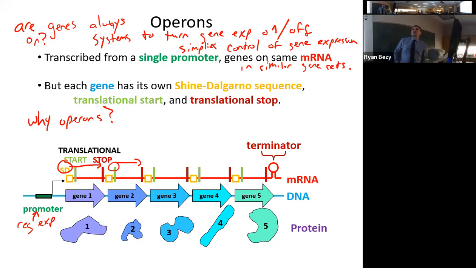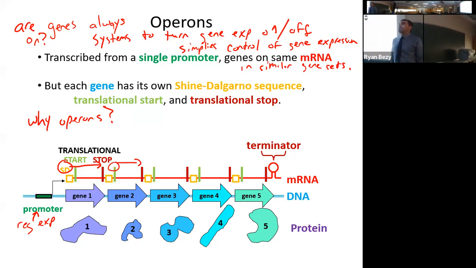In eukaryotes, you have to turn the genes on and off individually. Part of the problem with eukaryotes is they don't have the same promoter sequences that prokaryotes do. So the way they regulate gene expression is different. They don't have promoter sequences like we talked about in class, and that complicates the regulation of those gene sets. Questions about that? And by the way, that does save a little bit of time and a little bit of energy. Not a ton, but it does by simplifying the genetic regulation events.